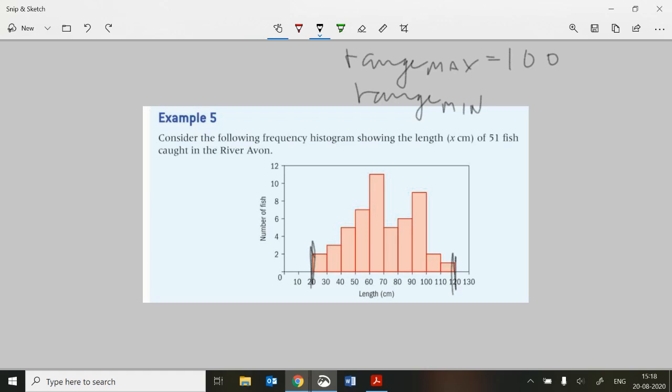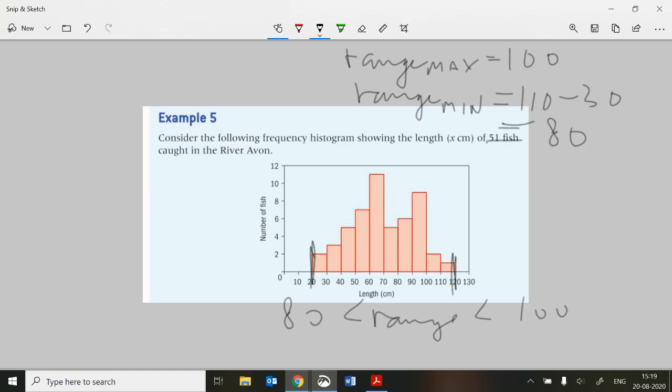Let's say they're actually at 30. And let's say that this one fish here is actually at 110. We can do 110 take away 30, which is going to give us 80. So all I can really say is that the range is between 80 and 110 for the actual data,